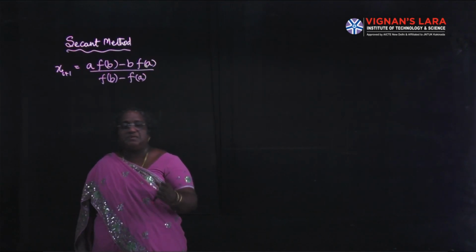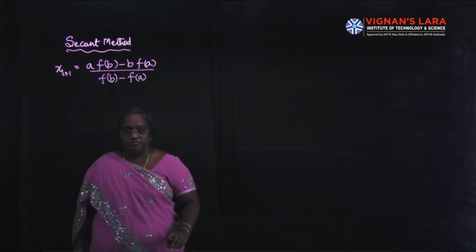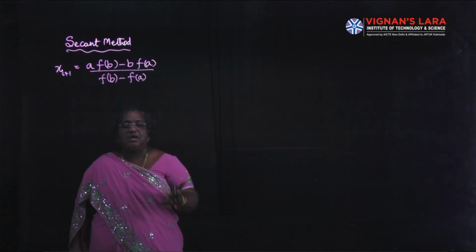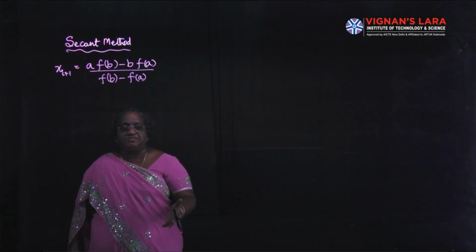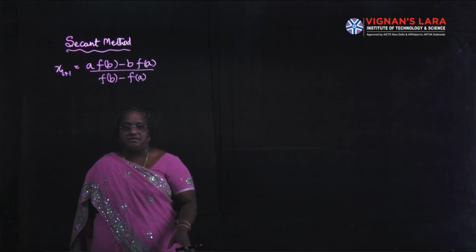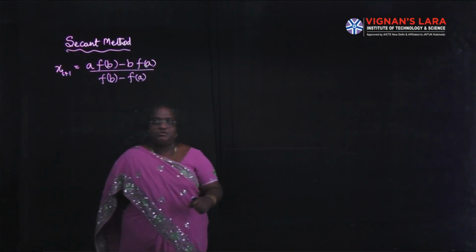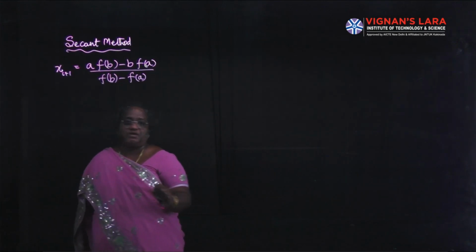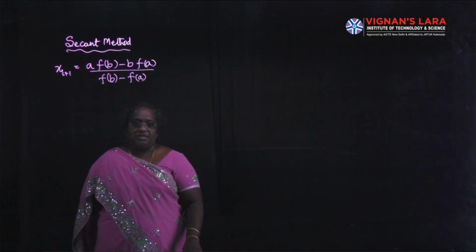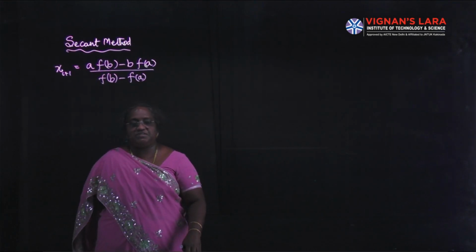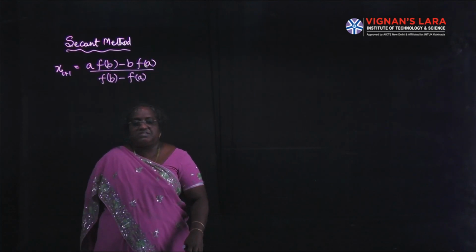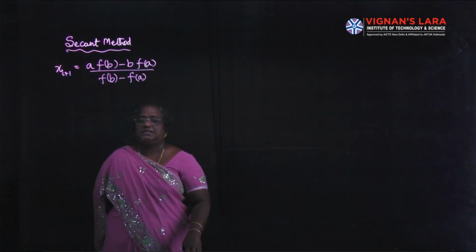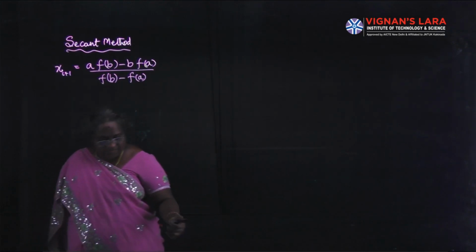Using x0, x1 as a and b, we get x2. Now what is the latest approximation? x2 and x1. After substituting x1 and x2, we get x3. Then what is the latest value of x? x2 and x3. We have to use combinations like that. So this is another method similar to the regula falsi method but with a slight variation. There we are bothered with the change in sign of the functional value. Here we don't consider this change in sign. Whatever it is, we take the latest values. Let us see the problem, then you can understand well.